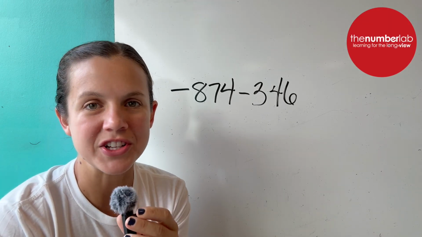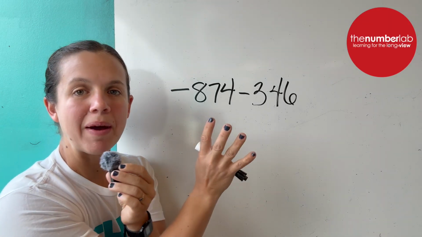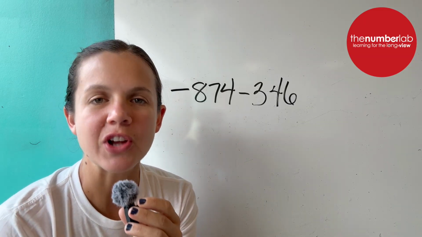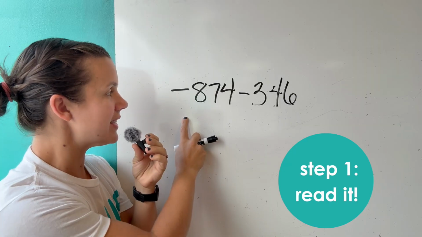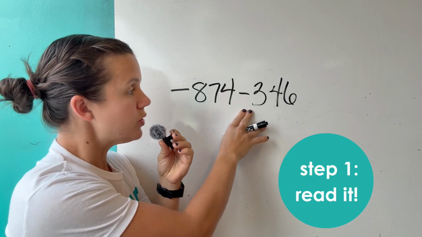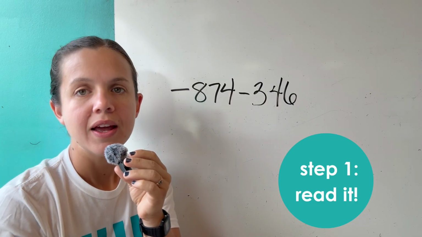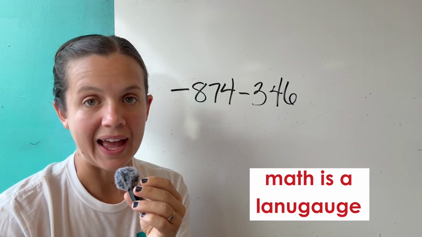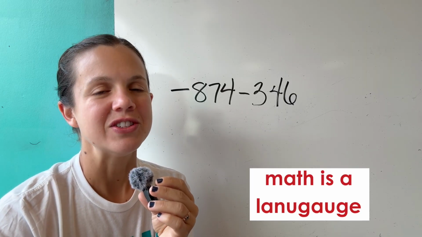I just had a great question from a parent asking about supporting a child who is working through this prompt. So I'm going to start by just reading it. It says a debt of 874, losing 346. Now, the first questions you want to ask, and to begin to ask aloud,